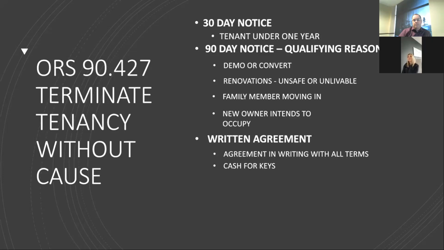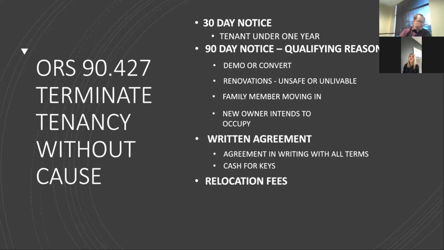Cash for keys. So this is a great option. If somebody needs to get in the home earlier than 90 days and they have a family, they're moving out of their other house, you could do cash for keys. So again, it's just a written agreement that both parties agree on. You could offer them 10 grand to leave in 30 days instead of 90. Whatever the number is, or whatever the date is that your new buyer really needs to occupy the unit, come up with some kind of agreed upon